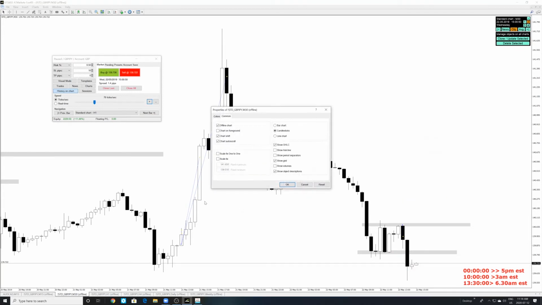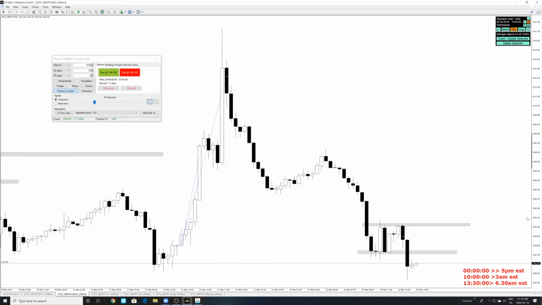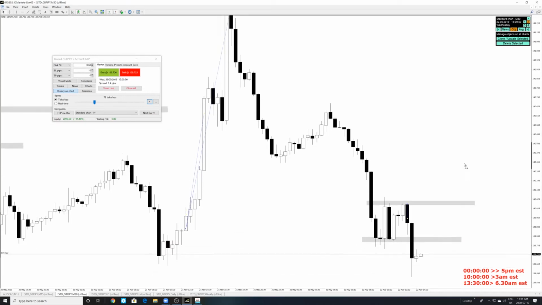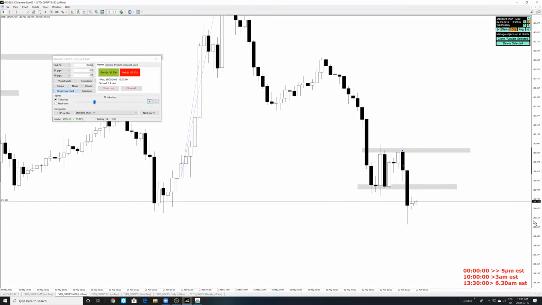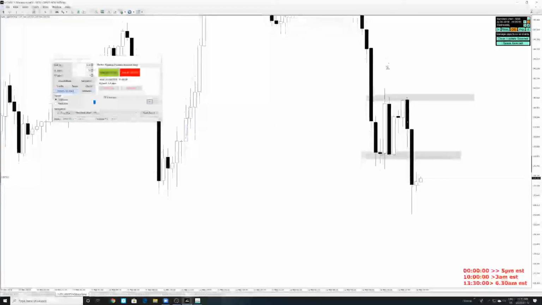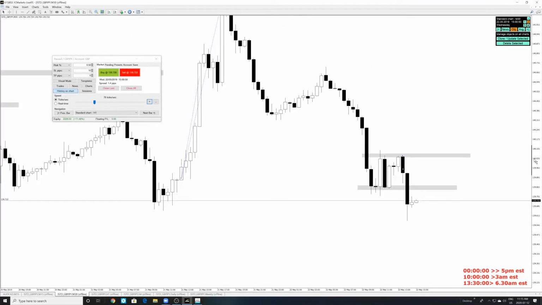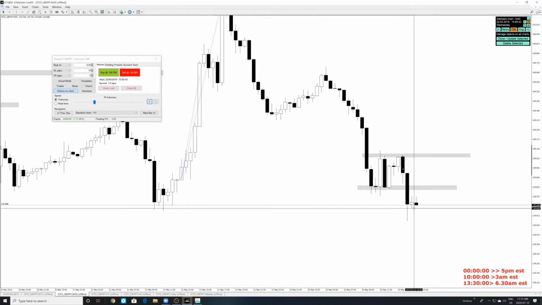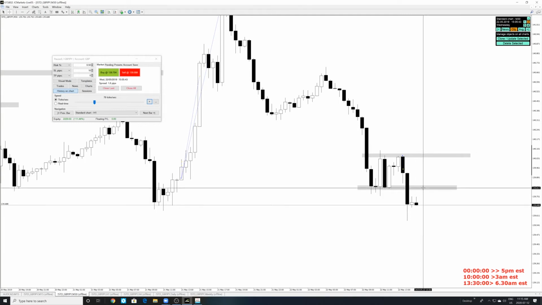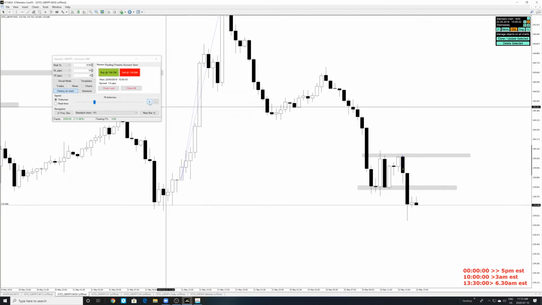So let's just fix this over here. Okay, much better. Now you guys can see the candles here. Perfect. So what we're going to do now is wait a little bit. Once it starts to break the low, I think that's going to be the point to really enter a position, keeping a stop somewhere over here or whatnot. So we're going to wait for it to break the lows.